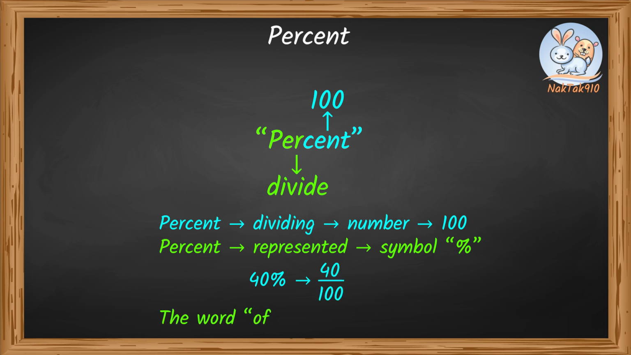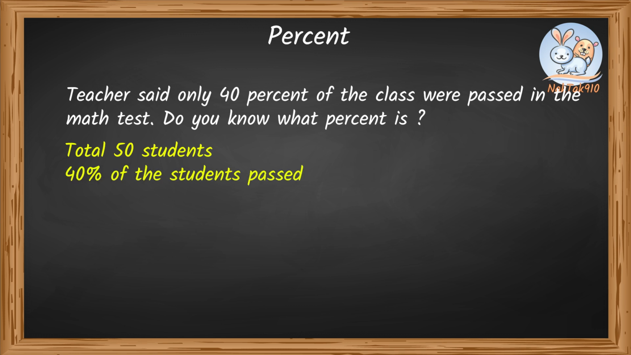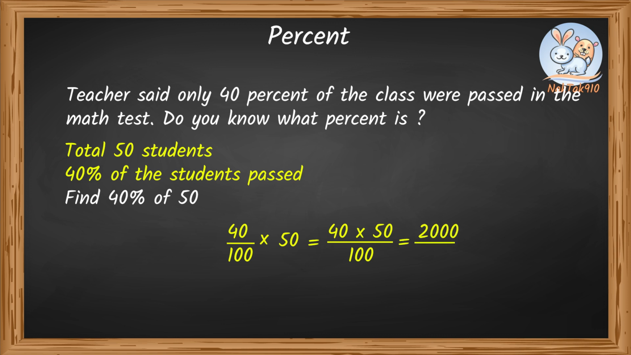We learned that the word "of" means multiplication. So, if your class has a strength of 50 students and 40% of the students pass the test, that means we need to find 40% of 50. 40% can be written as 40 divided by 100, and "of" means multiplication. Multiplying 40 by 50 gives 2,000, and dividing that by 100 gives us 20, which means 20 students passed in